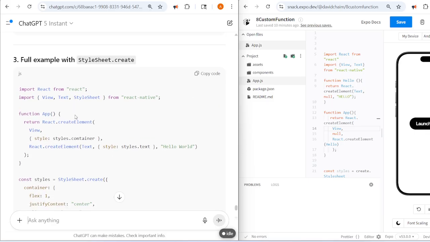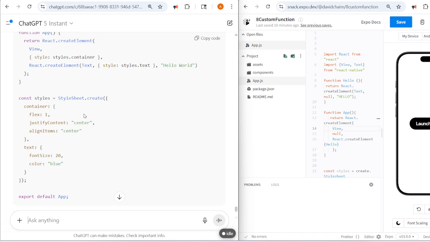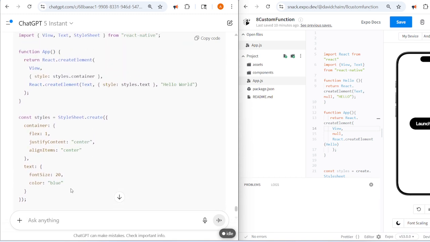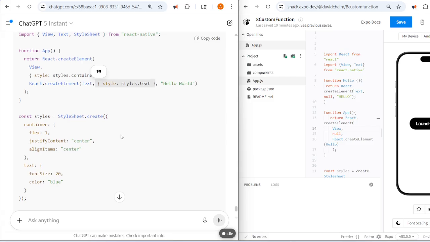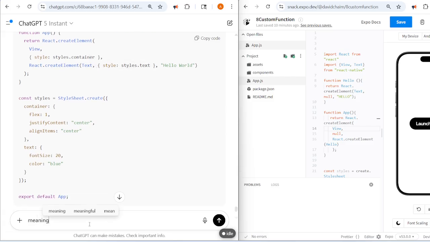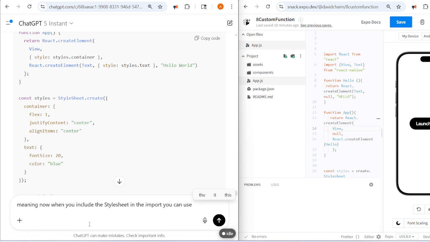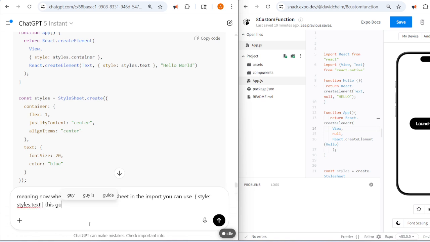Full example of style should create, meaning now when you include the style sheet in the import, you can use this guy as a